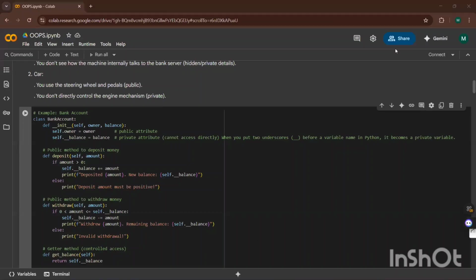I'm sending it on WhatsApp. I've sent it on WhatsApp too, you guys can check. Yes, it is a user-defined function.